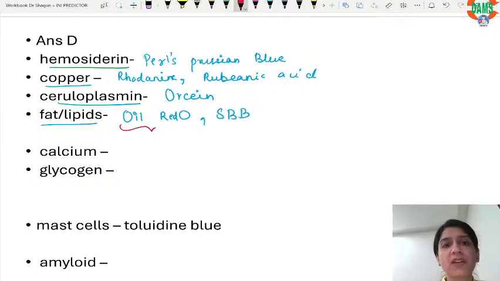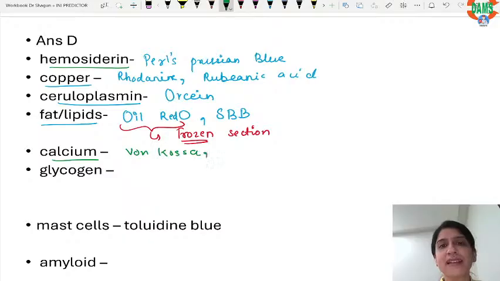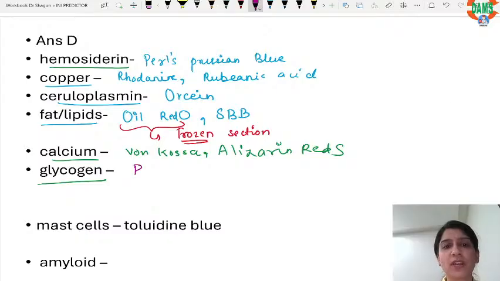And please remember, oil red O is particularly and only used for your frozen section. For calcium, we know that is von Kossa stain and your alizarin red S. Von Kossa and alizarin red S stain. Okay. Next is going to be your glycogen. Glycogen, yes, is going to be